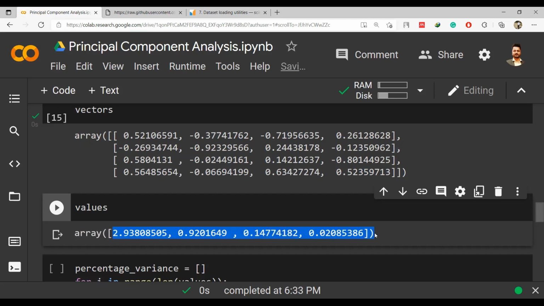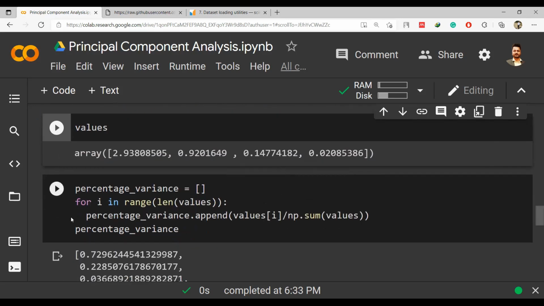If you want to calculate the contribution of these four features, you keep this one number as the numerator and the sum of all four as the denominator. Similarly for this one, and this one. So we will see the contribution of each number in terms of eigenvalues. This has been printed in decreasing order by default, but we want to see the percentage of variance also.